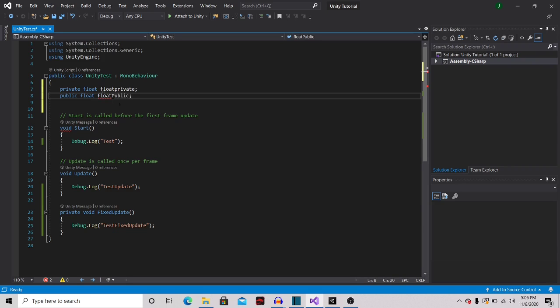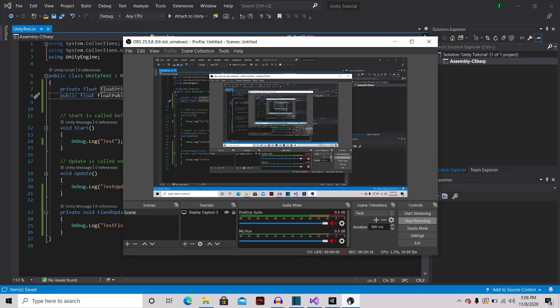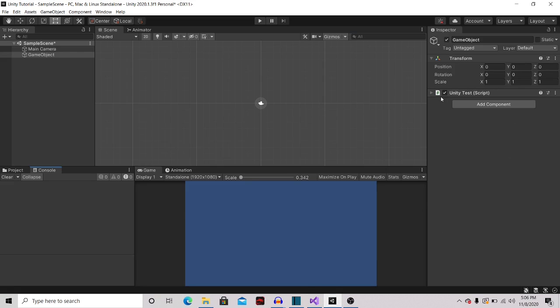Okay, so there are 2 ways that you can define your variables and your references. You can make them private or public. And the difference here is whether they can be accessed in the Unity editor, or the inspector specifically. So if I go over here, you see that public float has a box here that I can edit, and I can change the number